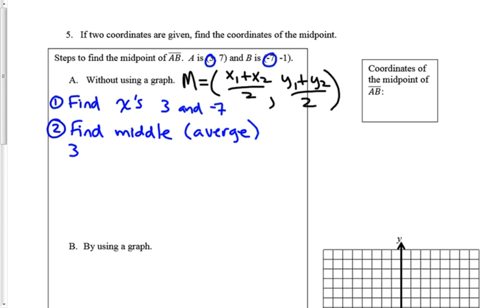So I'm going to take 3 and add it to -7, and then divide by 2. At this point, if you've got a calculator, you can pick up your calculator and do that. If you work that out, you get -4 on the top, 2 on the bottom, and if you divide that out, you end up with -2. This is going to be the x value. So this is the midpoint, x value